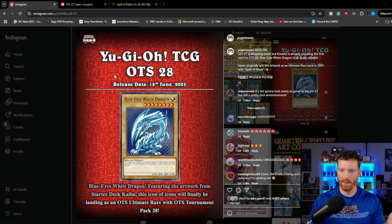Maybe one day later down the line, they'll print the Legend of Blue Eyes artwork in an Ultimate Rare. I don't know. Do you guys want to see that? What are your thoughts? There's so many ways that this could go. I'm concerned that the price might be kind of crazy for this one, but at the same time, with how many of these packs are opened, I think we're going to see somewhere around maybe $300, give or take. I don't foresee it going crazy and popping up well over $400 to $500, especially because you have